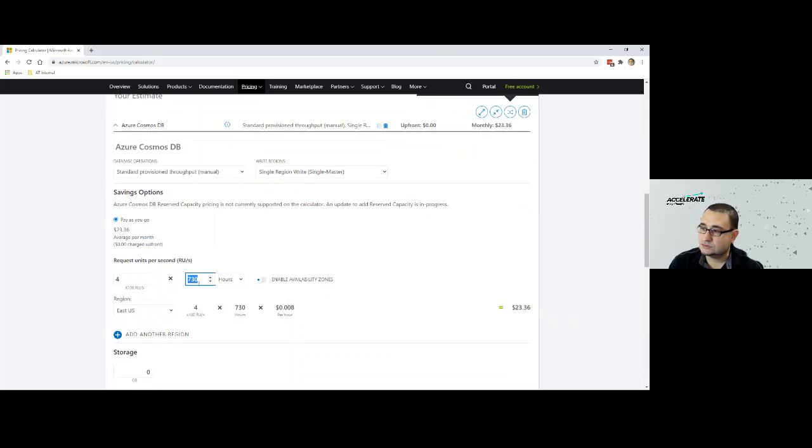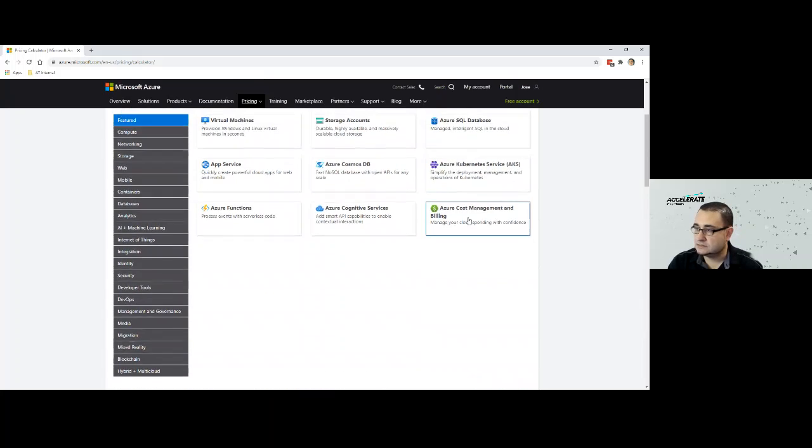And you can also add here how many hours, days, or months you think that service will be up, how big you need that resource available. And that will give you an idea of what is your maximum limit in terms of budget and cost, but also an understanding that some of these services can be turned off or paused while you don't need them. So that's one tip that I'll give you.